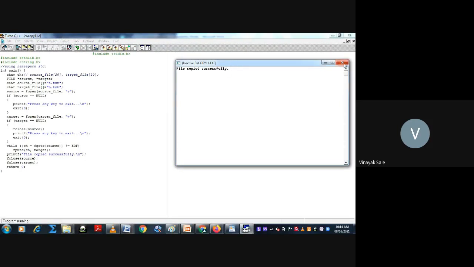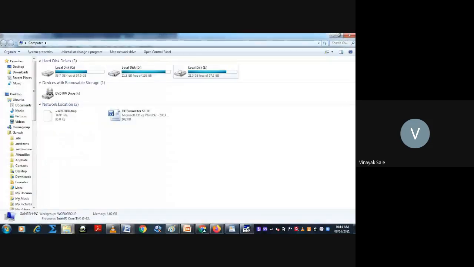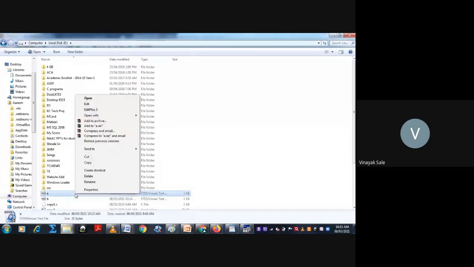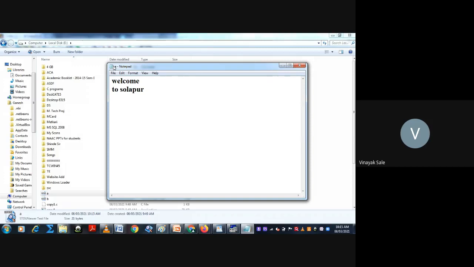Okay, so we move towards our output. We are going to check whether the file is copied or not. I will open the source file first. Here I have written in the source file A: welcome to Solapur.